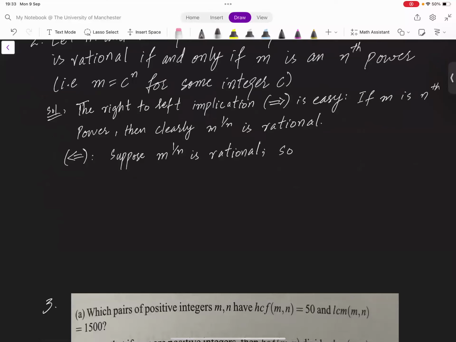So m power 1 over n can be written as x over y, where x, y are integers. Then we can say that x power n is nothing but m into y power n. Perfect. Let p be a prime,